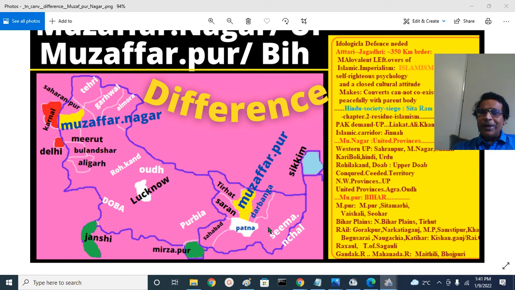At that time Bihar, and this region was called, they conquered. Nawab of Oudh used to reign there. He ceded a lot of territories, and British also conquered the territories from the Marathas after the Second Anglo-Maratha War in 1804. So they are conquered provinces, ceded provinces. So it is called conquered and ceded provinces territory.